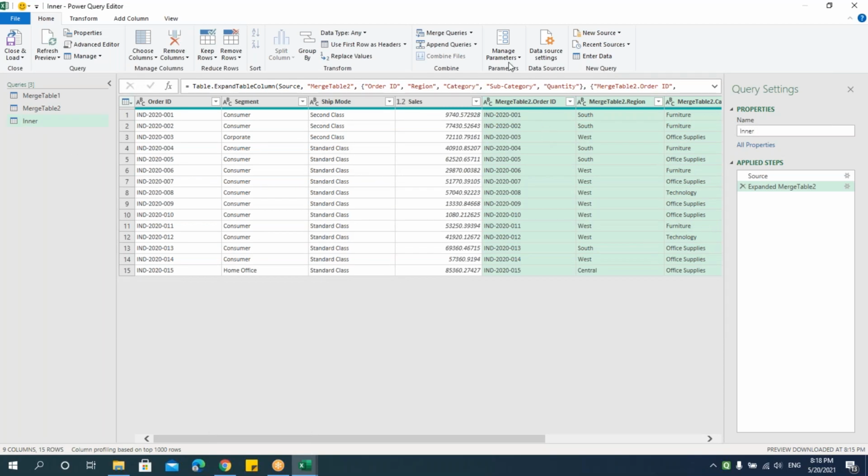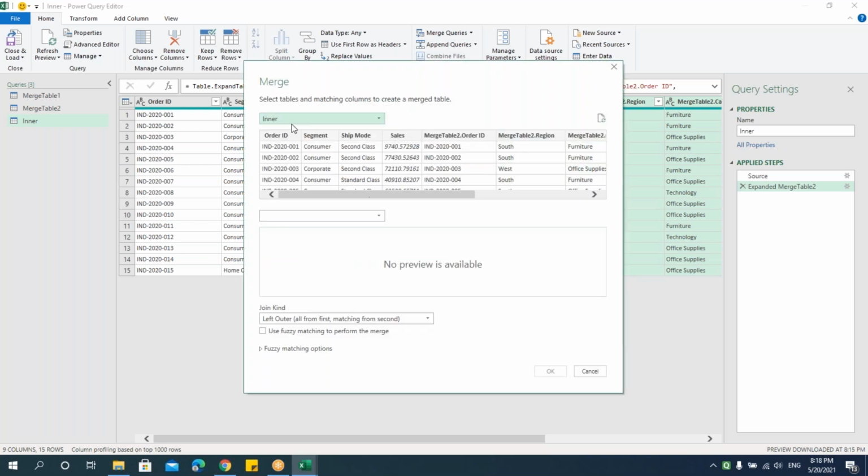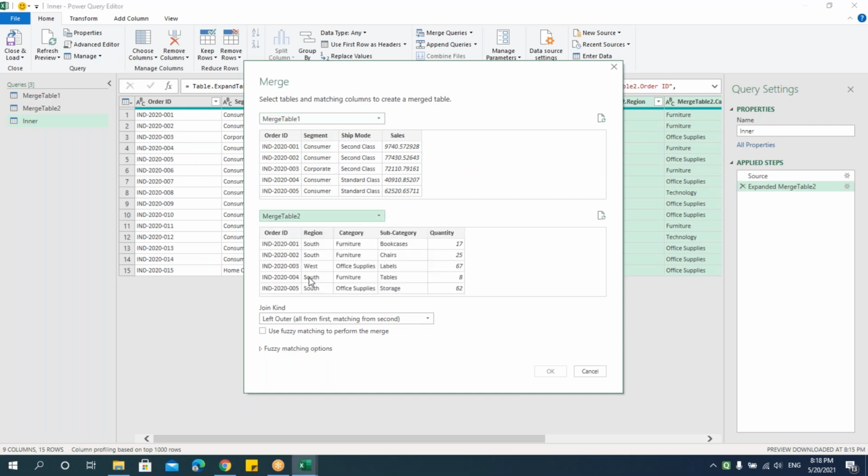Next type of merging is, let's click on this merge queries as new. Let's select table 1 and table 2, and we'll connect these two tables by order ID. This time I'll take this as left outer join. When I say left outer join, it says all from first, matching from second.